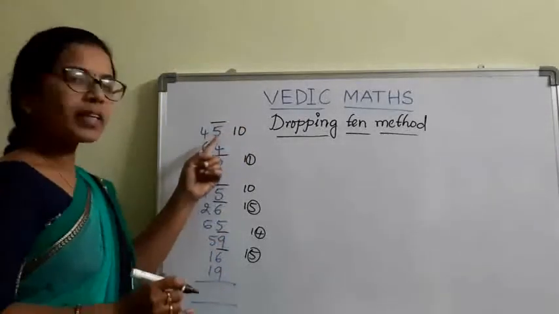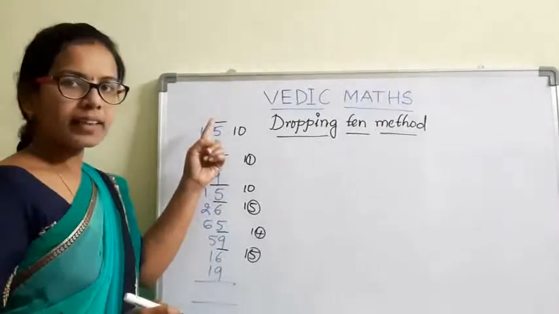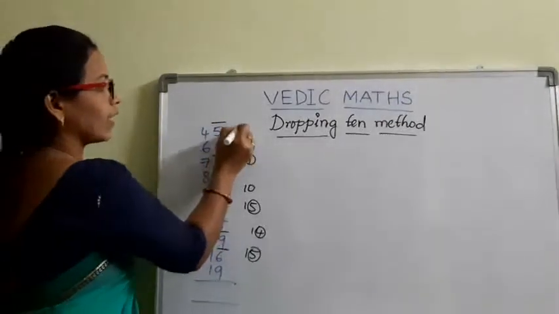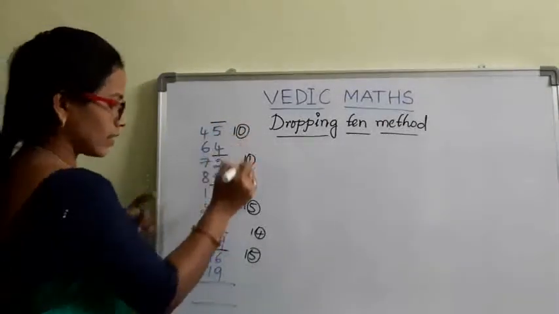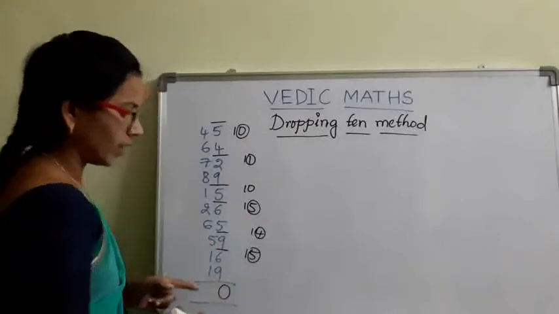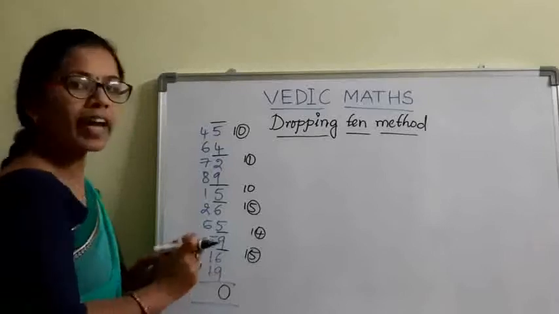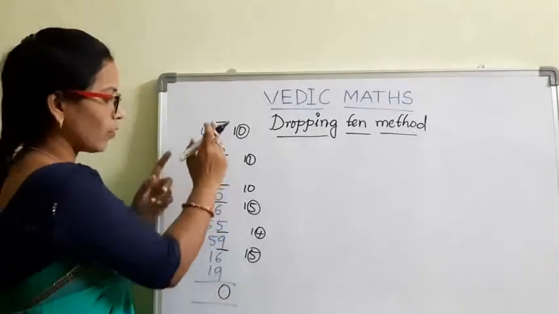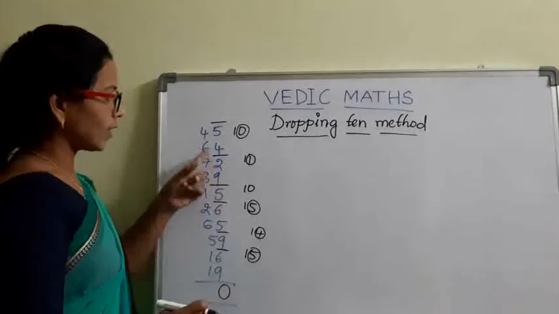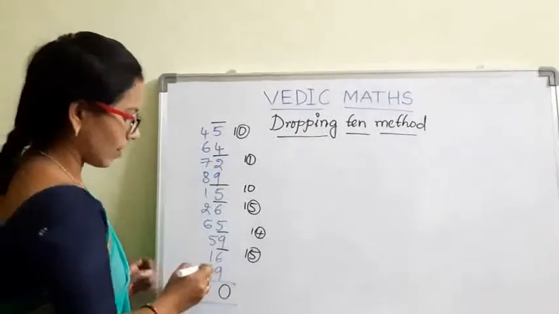This is the last number, and even though we got 10, we have to drop 10 there. Finally we got 10. Write this 0 down. Next, don't carry this 1 to the next line. What we have to carry is the number of lines. How many lines did we get here? 1, 2, 3, 4, 5, 6. So we have to carry 6.